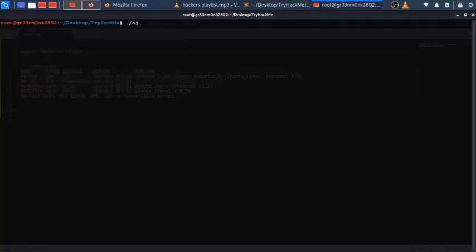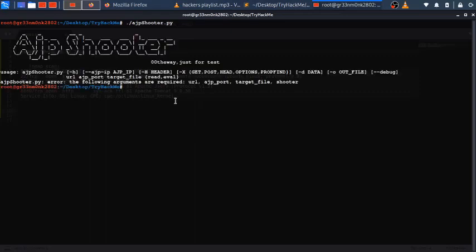And what we're going to do is AJP shooter, what are the options? With AJP shooter, basically we need to specify three things: the URL, the port, and the target file. The following are absolutely required, and we are going to just specify that. ajpshooter.py. The URL will be